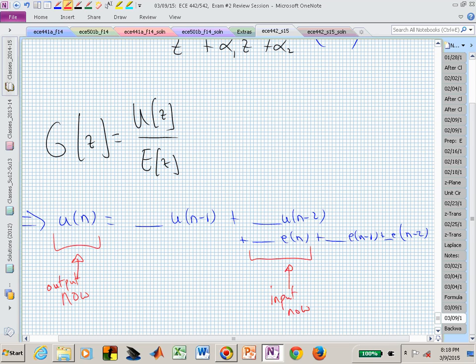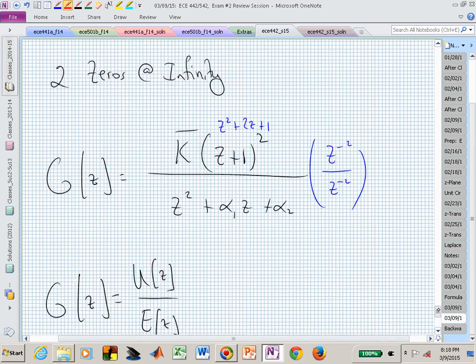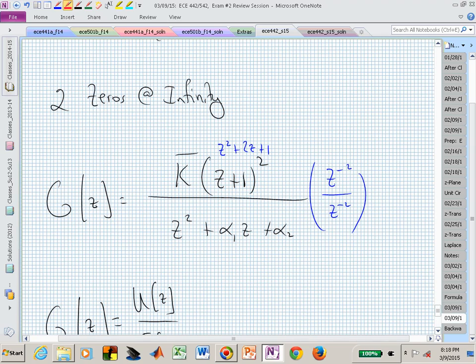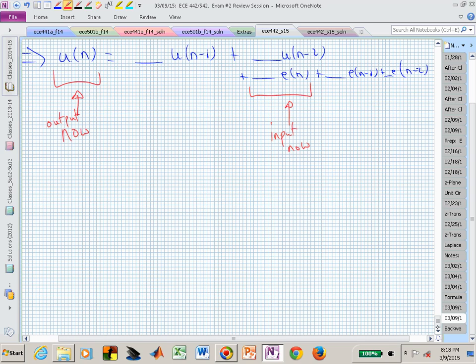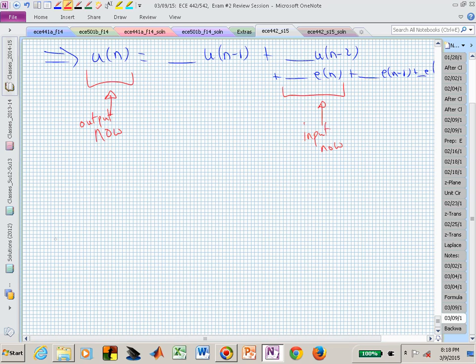And if that's the case, then you say, let me design this to where I only have e to the n minus 1, e to the n minus 2, and previous e's on the right-hand side. If that's the case, then you would go back to this state and you would say, I don't want to put both of those zeros, associate those with a z plus 1 factor, those zeros at infinity. I actually want to do a g of z,